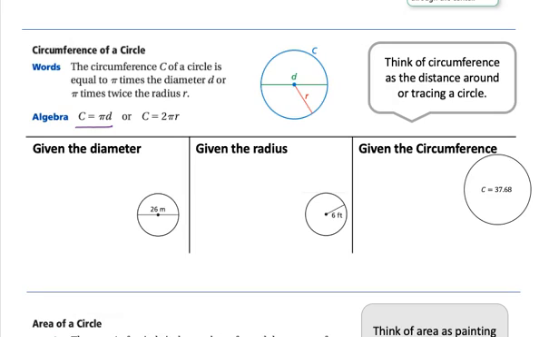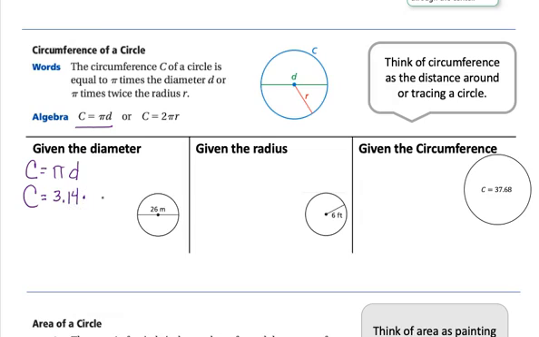So look here. We're going to first start with given the diameter. So what we're going to do is we're just going to try to find the circumference of each one of these circles that we've been given. So the C equals, I'm going to start by writing the formula. The more times I write it, the easier it is to remember. So the circumference equals pi times d. So I'm going to say, okay, so the circumference equals, now for this example, we're going to use 3.14 for pi